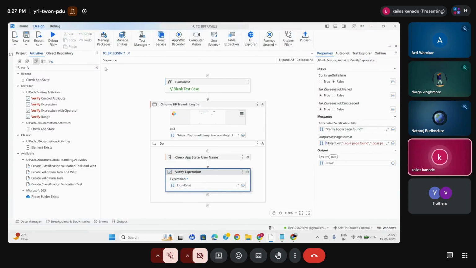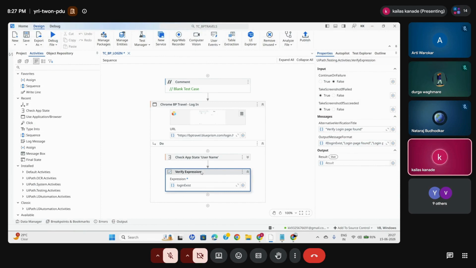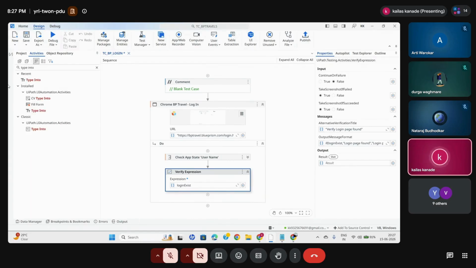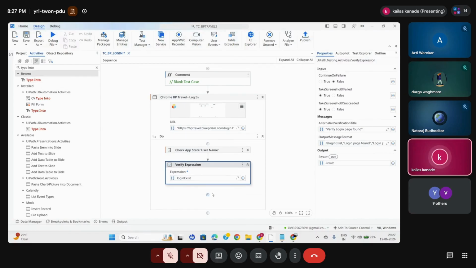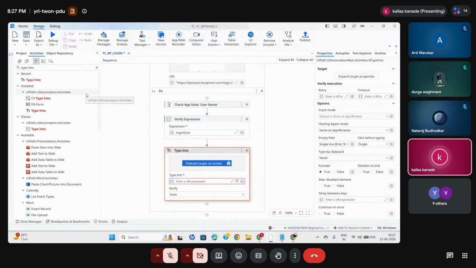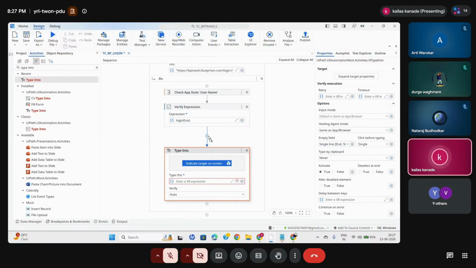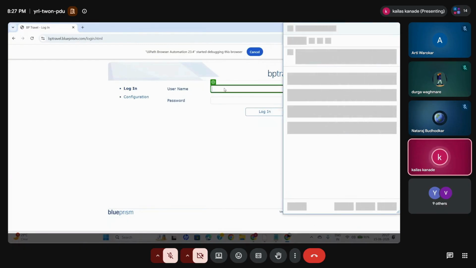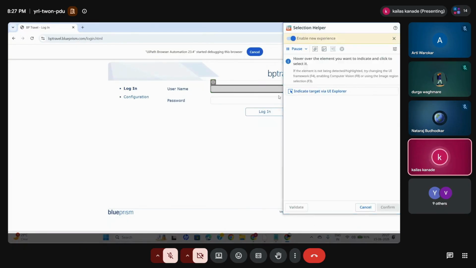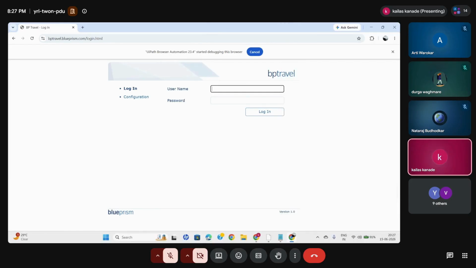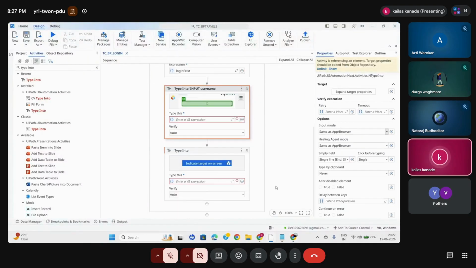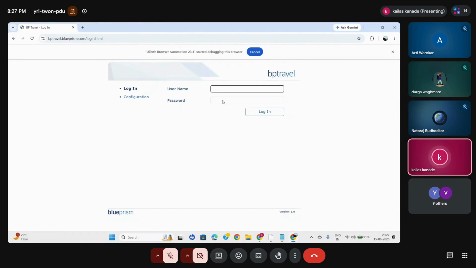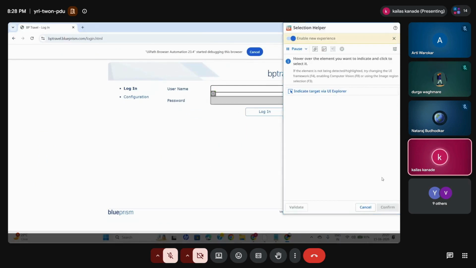What is the second step, guys? If suppose this is okay, page is found, then what I need to do is type the username and password. We have a very simple activity, type into. I'm going to use the type into activity. How many times we need to use the type into activity? We need to use it two times. One is the username and second is the password. Where do I need to enter the username? I need to enter the username in this text box. So I'm going to select that text box and click on confirm. Okay, for the password, again you need to indicate, I need to put the password in this text box. I'm going to select this text box and click on